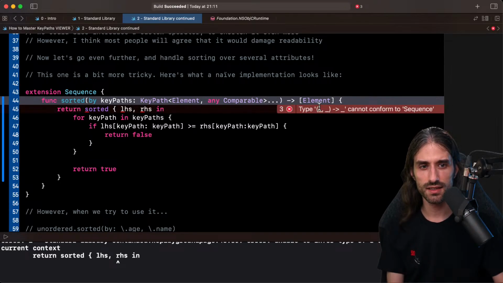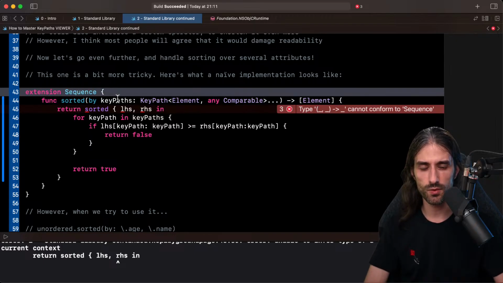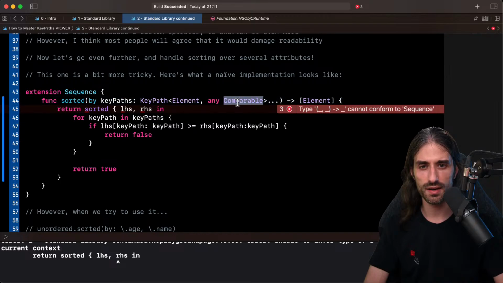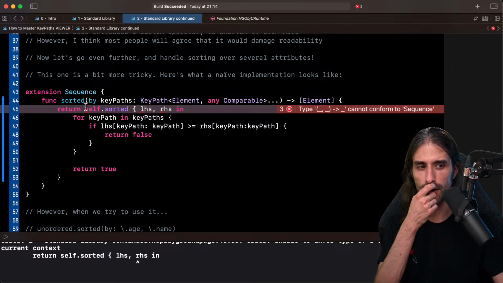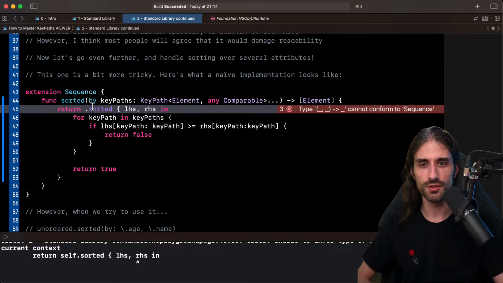Then it says here, type cannot conform to sequence. Let's try and understand why we would have this issue. Maybe I need to do self.sorted. So we have an error, which is not super clear.